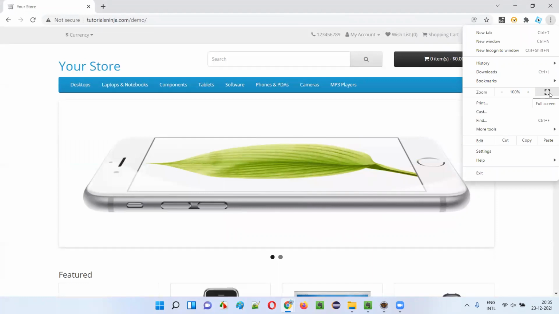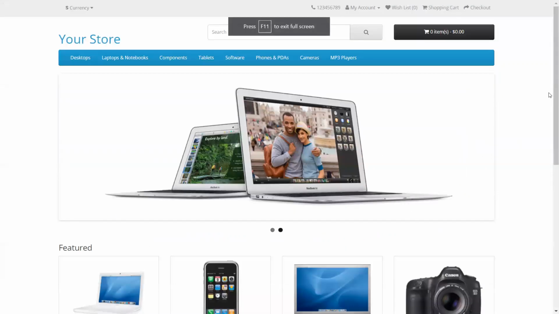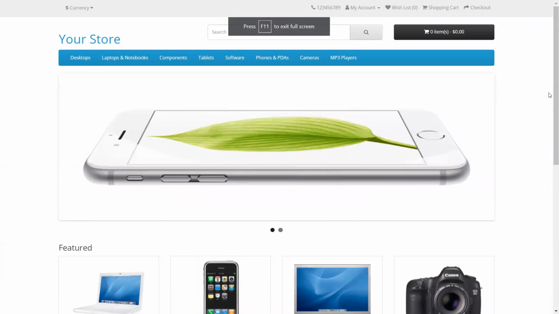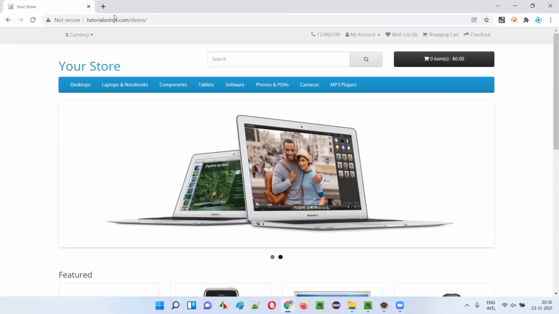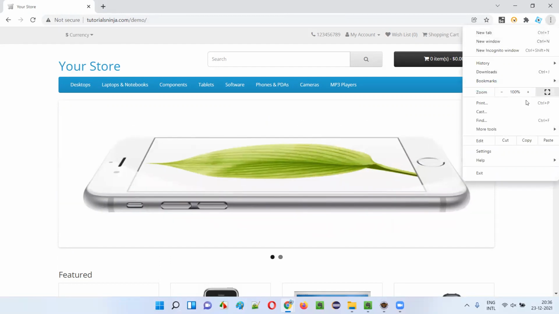When you see the full screen option, select that. Now the application is visible in which mode? This is what is full screen mode, guys. Move the mouse over here and you will get this cross option. Click on the cross option to come out of the full screen mode. Okay. Again, we came back to the maximize mode. If you want to go again to the full screen mode, you have to select this option.